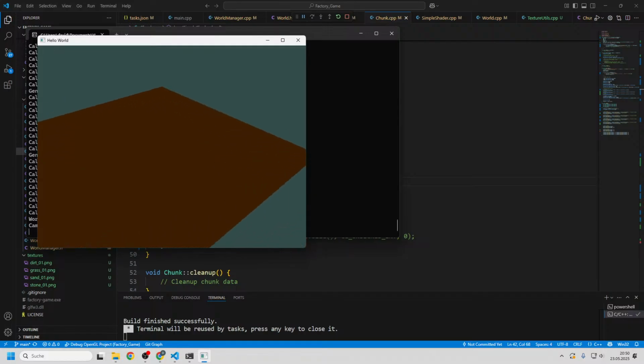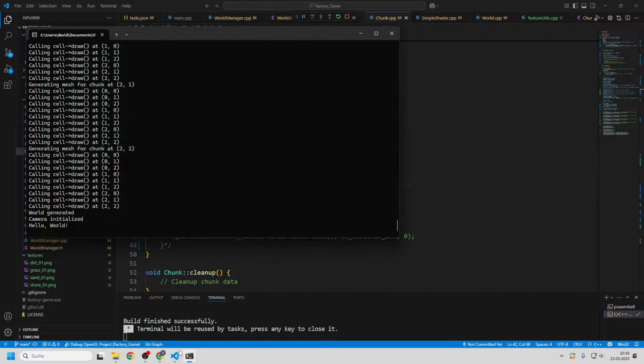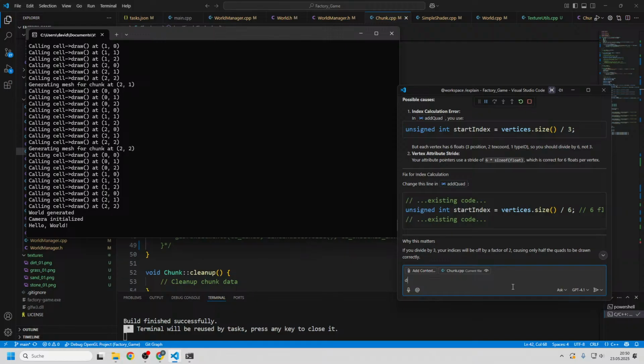But we still don't have the texture really displayed. Let's ask a few more things. Do we need something else in our shaders to make the texture work? It's plain one color of brown, although the texture or